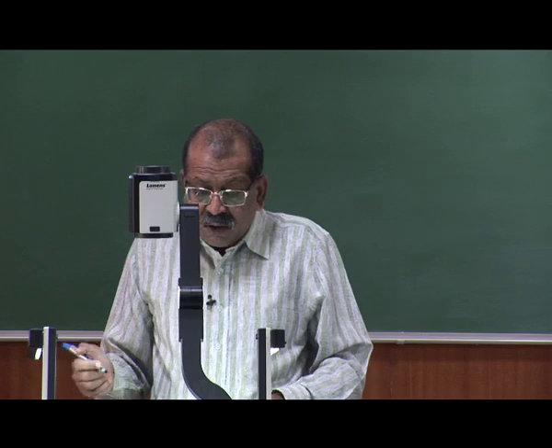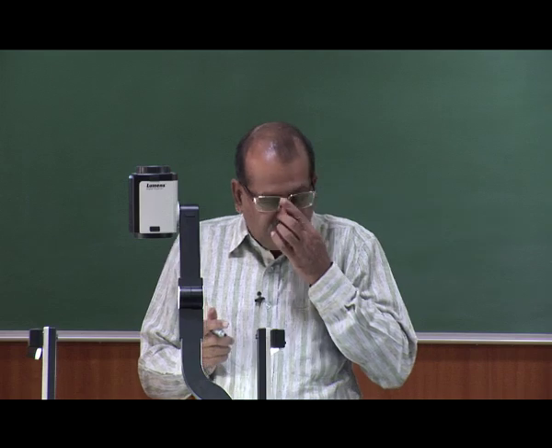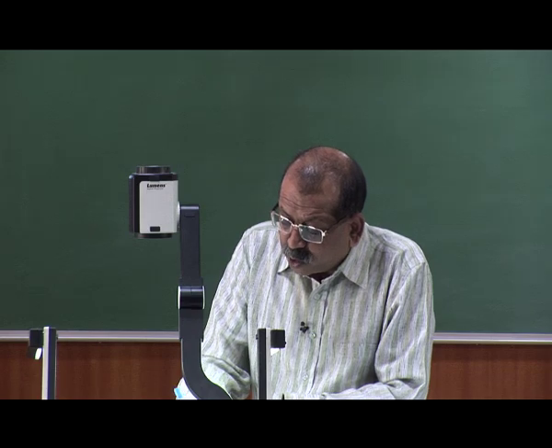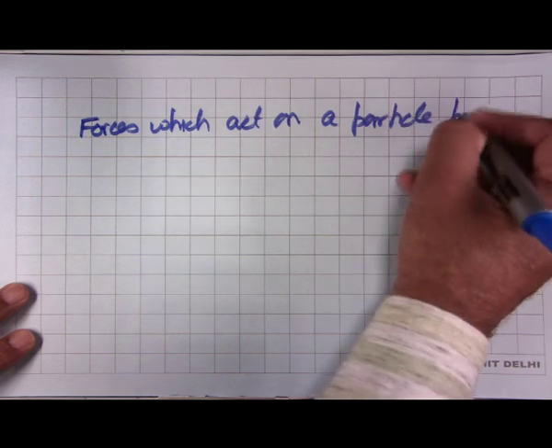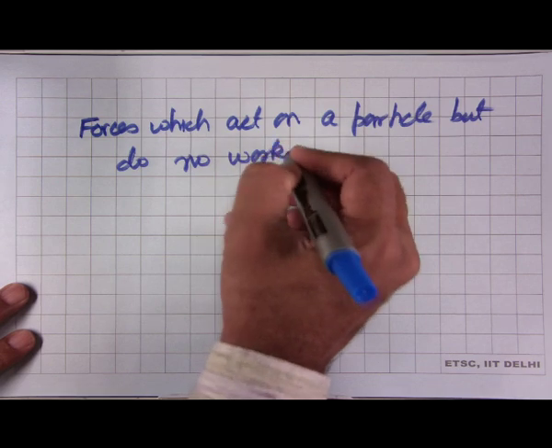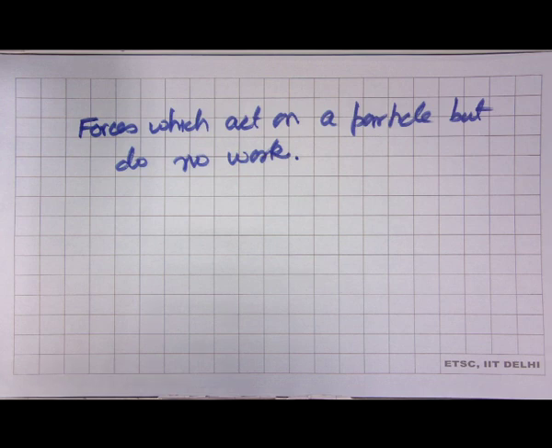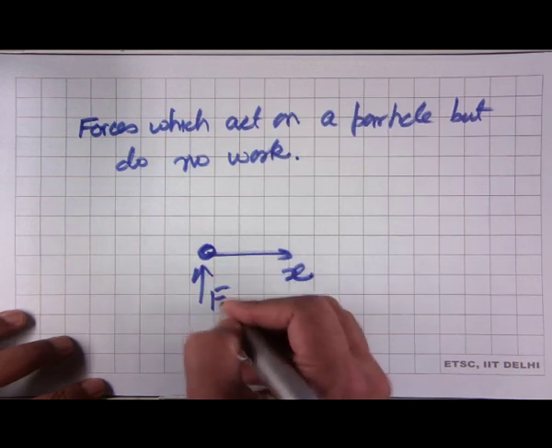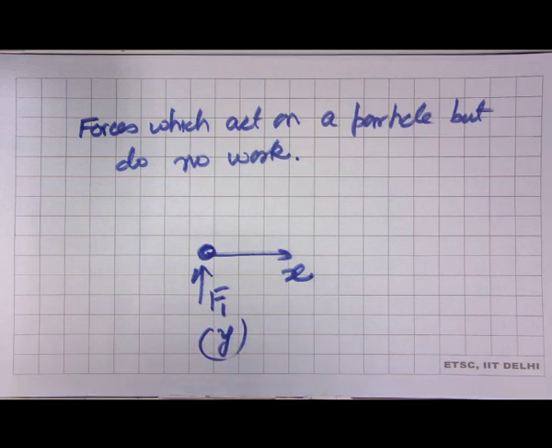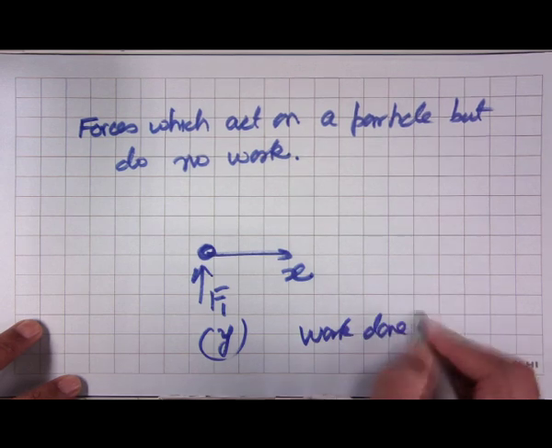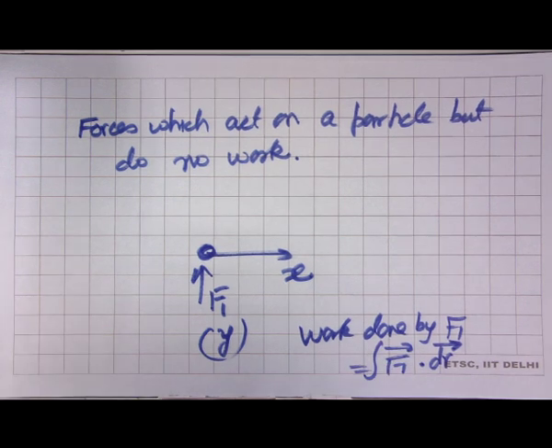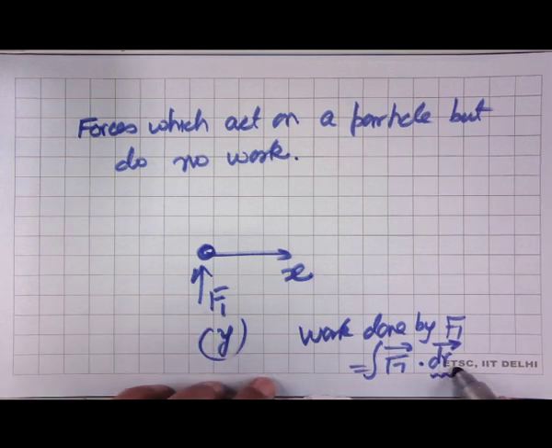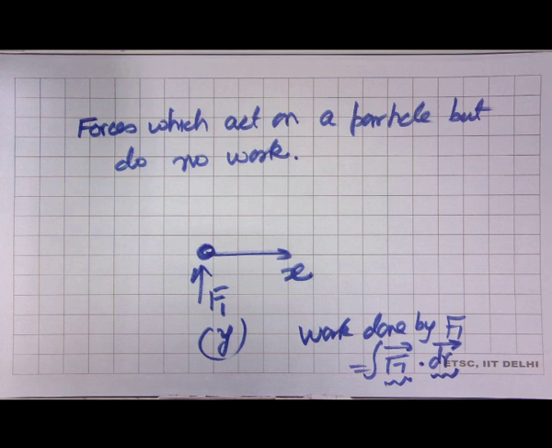Now, the advantage of this work kinetic energy formulation is that in a lot of problems there are forces which act on a particle, but do no work. Now, how will this be possible? Suppose a particle is moving along the x direction, and we have a force F1 which is acting in the y direction. Now, the work done by F1 will be equal to the integral of F1 vector dotted with dr, and because dr is in the i direction, F1 is in the j direction, F dot dr will be equal to 0,